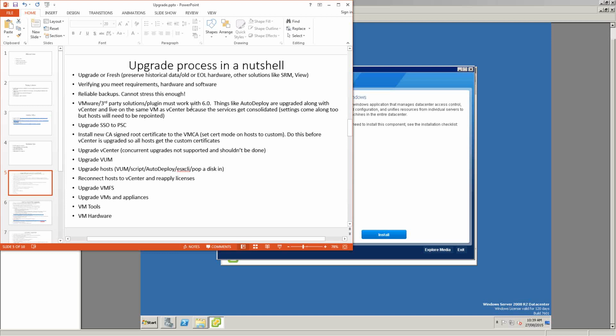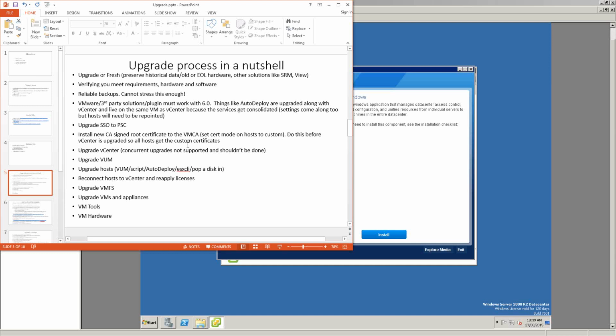And the next process is to upgrade SSO to your Platform Services Controller. And if you run custom SSL certificates for your environment, you've got to make sure that you set the certificate mode to custom. You just have to make sure that you do this before you install vCenter to save you a lot of work.